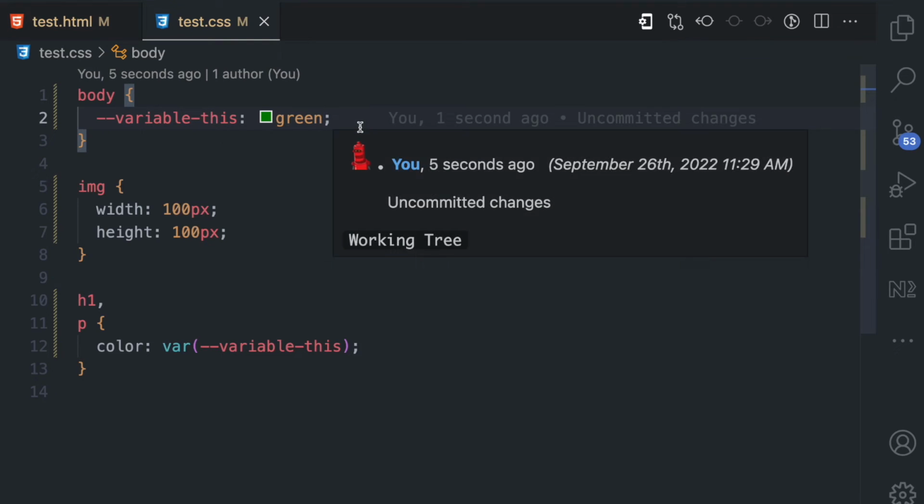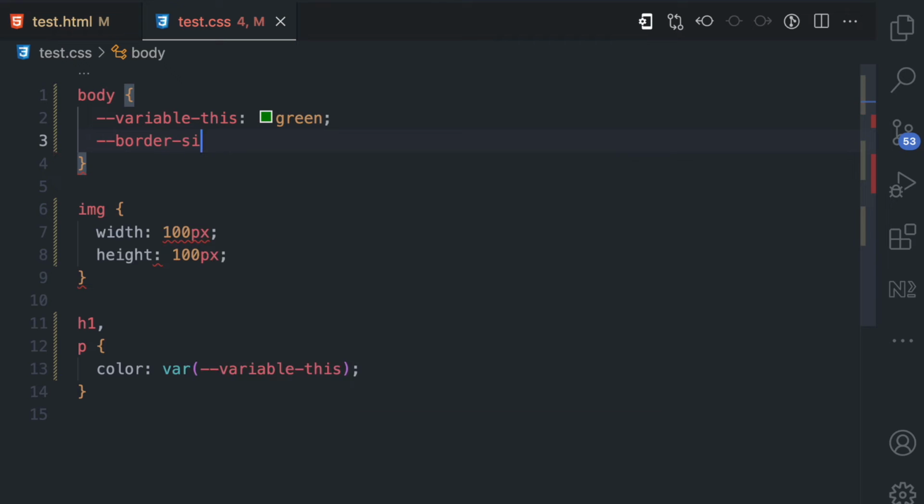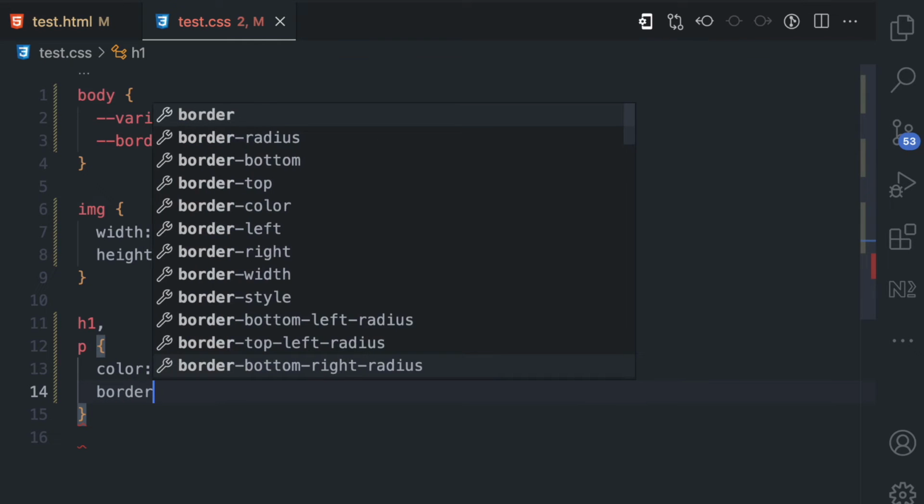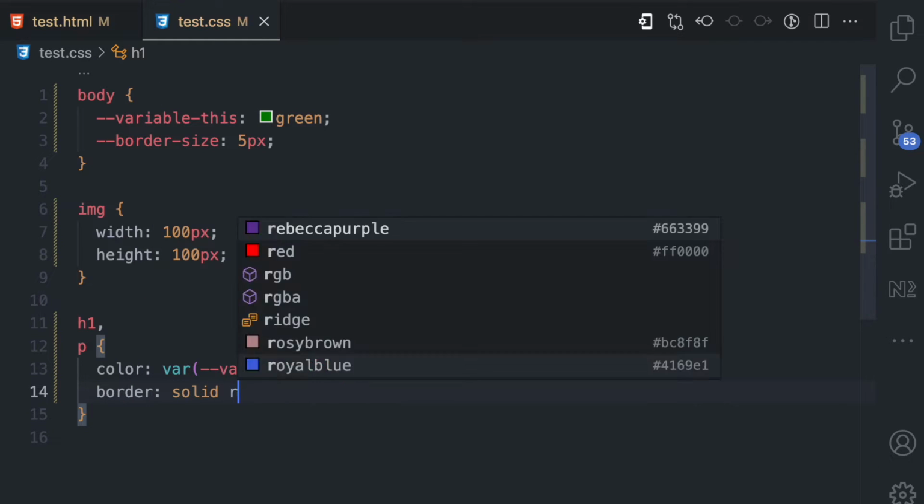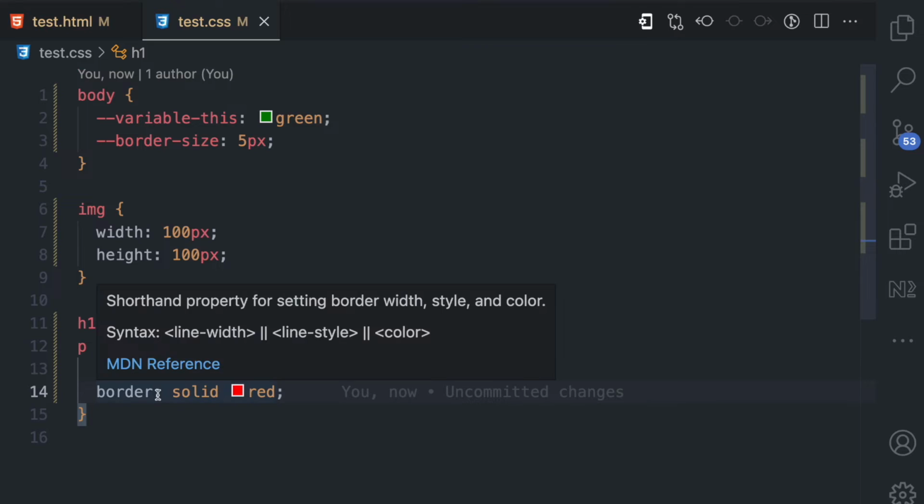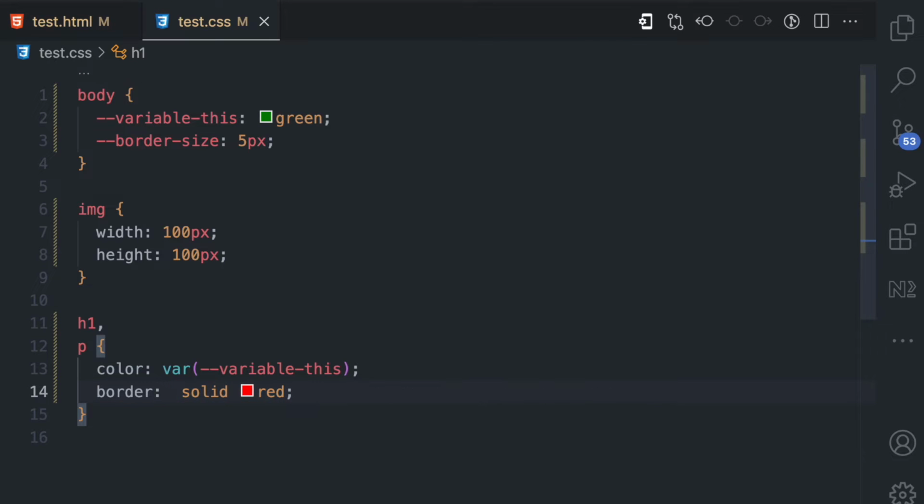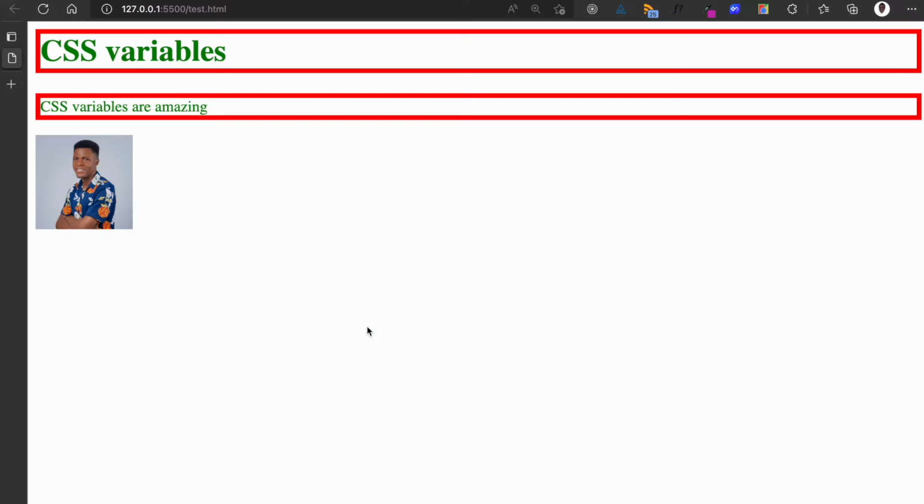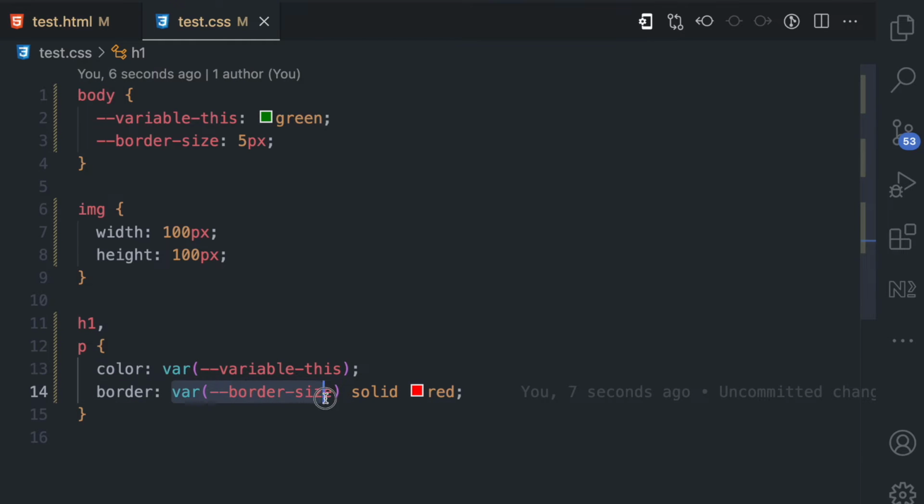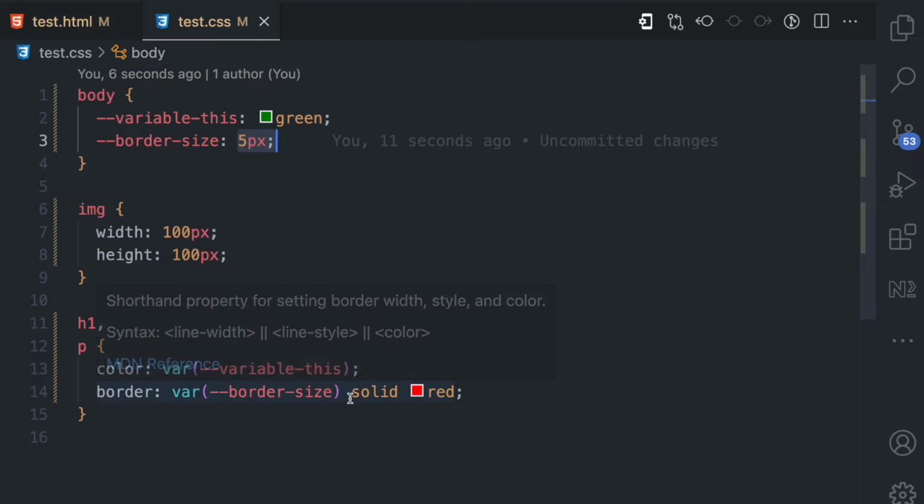Also, let's say I have another variable called border size, and this is like 5 pixels. And then for this h1 and p, let's say I want to apply a border that is going to be solid and is going to be red. Now for the border size here, I can pass the same var function like this, and I can say border size. If I come here and I refresh, you can see the border size applies to the h1 and the p. So this var border size is going to be replaced with 5 pixels, and then we have solid and